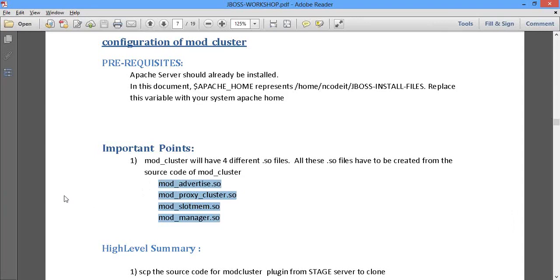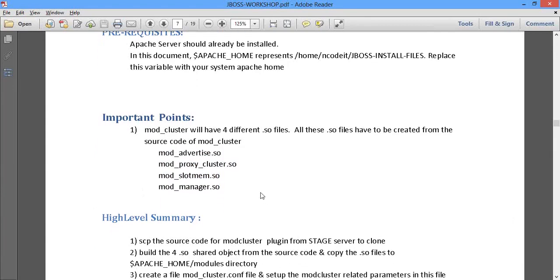Once we have built these 4 .so files, we just have to include them into a file and put that file into the main httpd.conf file. The configuration is simple. Alright, so let's go ahead and first build it. Now to do that